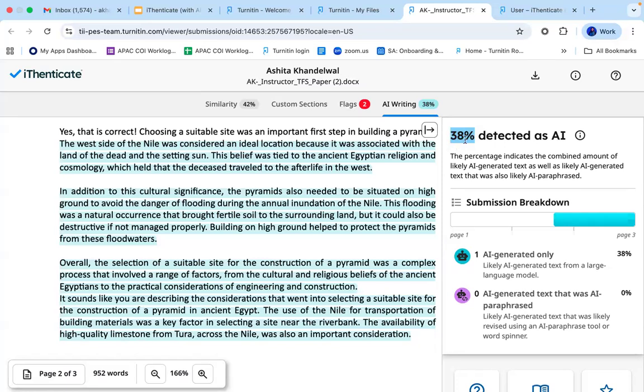It won't show you a proper number or percentage, because any text found to be AI below 20% has a high chance of false positives, and that is why we do not show any percentage.